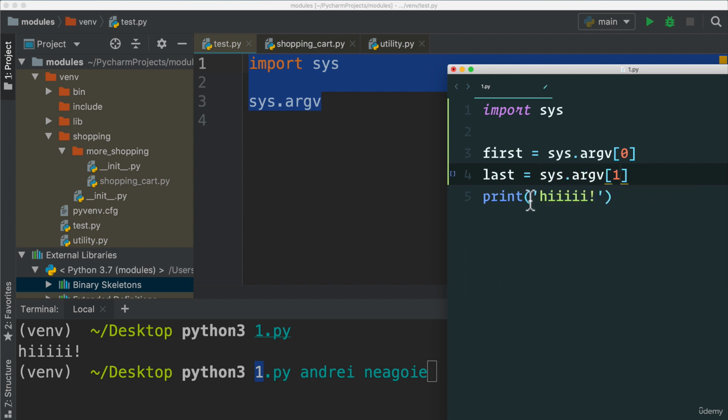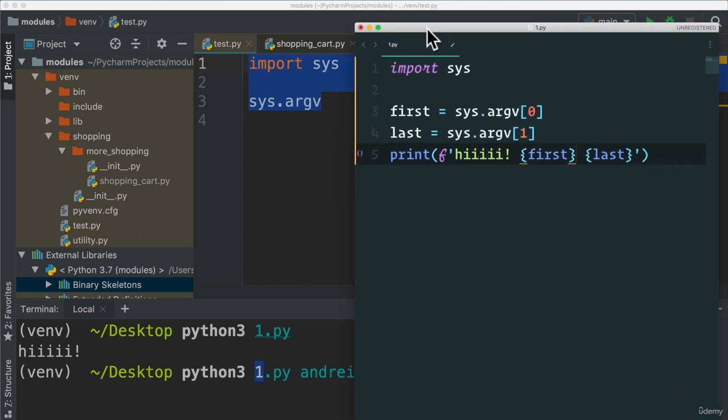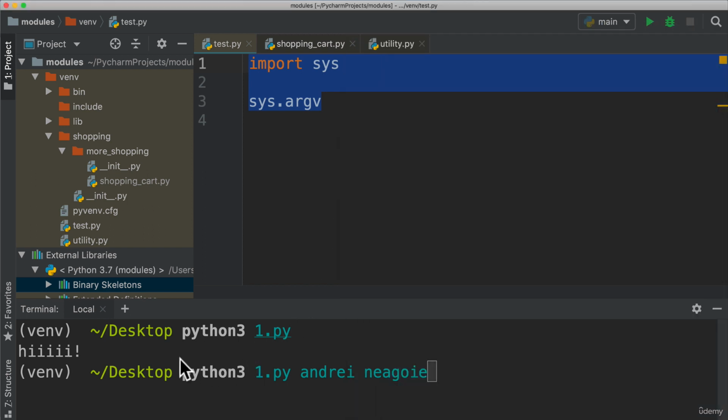So that now I can do an f string and say hi first, then last. Just like that. So if I save this and now go back to here and ran my file like this,